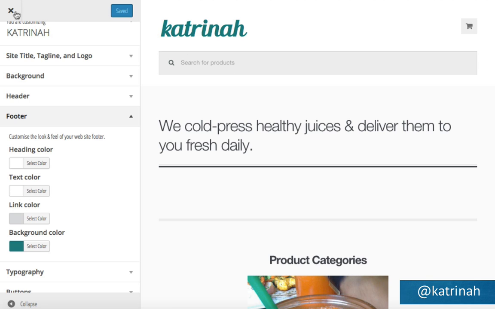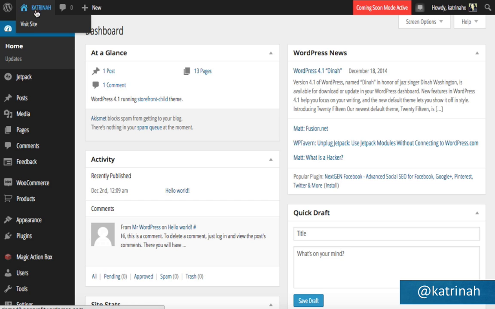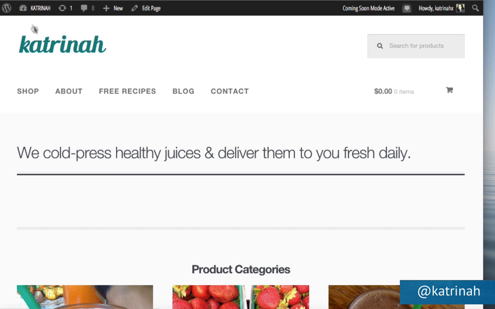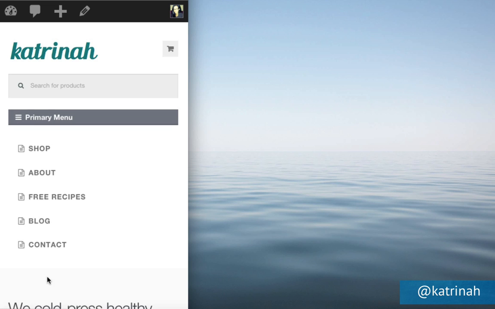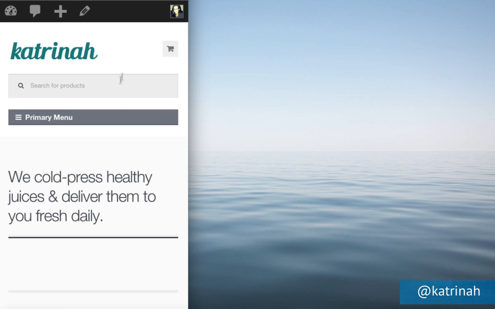Okay, so to make those changes, I'm going to click on this X here to close this particular window. I'm going to go back to the home page by clicking on Visit Site. Now we see we still have a really nice menu right here underneath the site logo. We have a blank secondary menu right here, and now when I turn it into a responsive view, note that we have this great menu right here, which when I click on this, we have a drop-down list. So that's what you're going to have to do with the storefront theme. You're going to have to create a primary menu so that you have a menu being displayed within the responsive size, which is the size that anyone on a smartphone will be using.